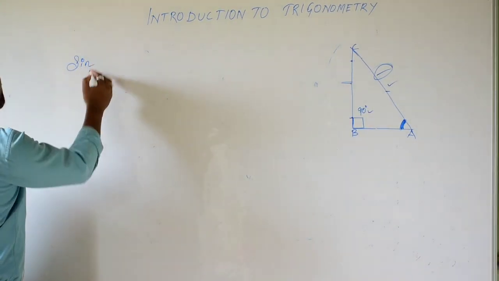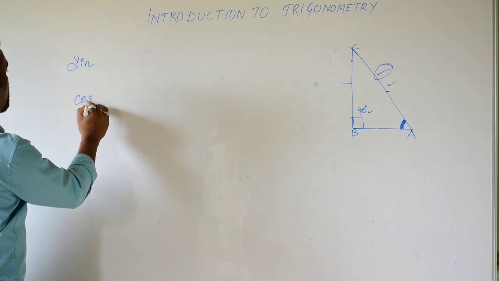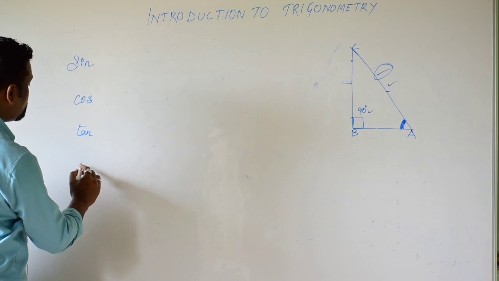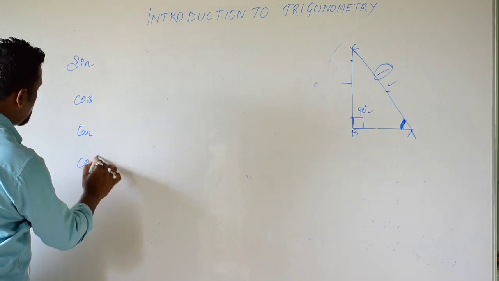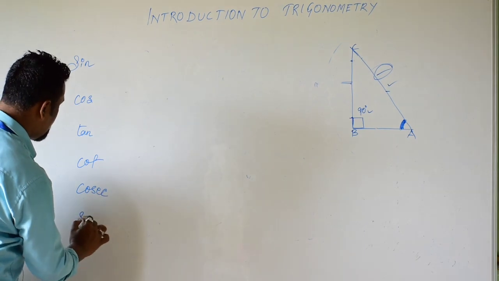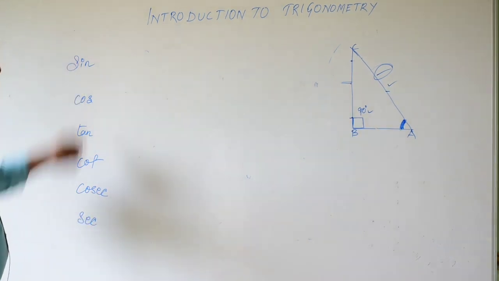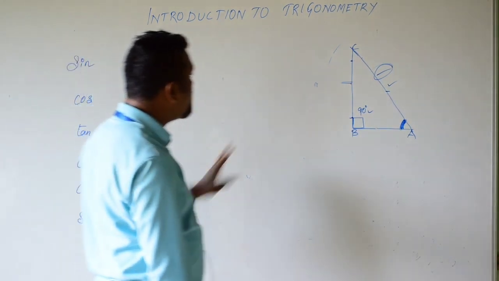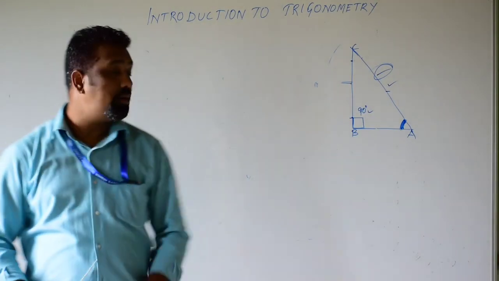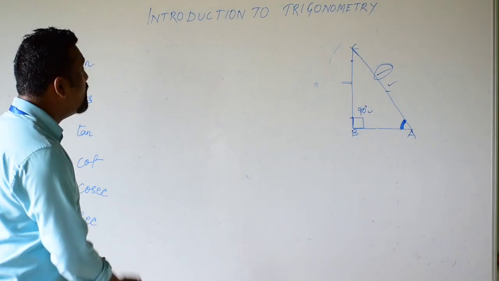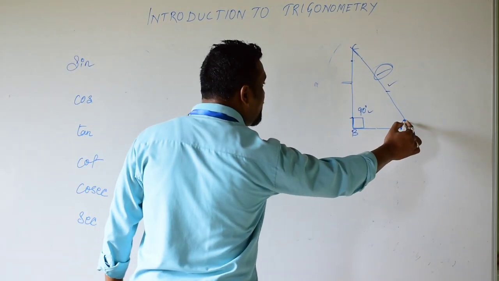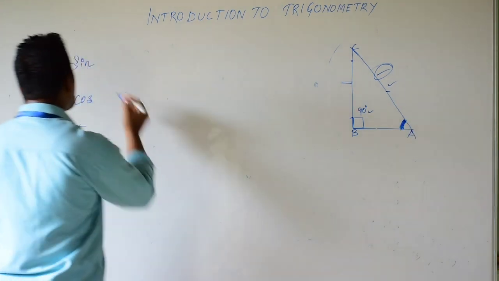Let's write here sine, cos, tan, cot, cosec and sec. How we relate these with this right triangle will be necessary here in this class 10 chapter. So let's take this acute angle and write sine